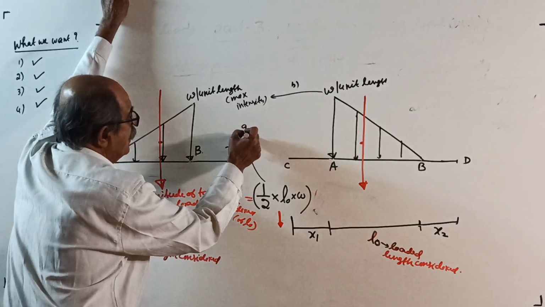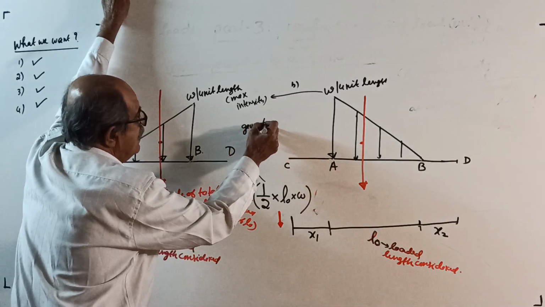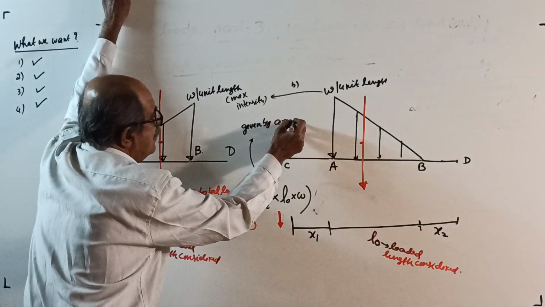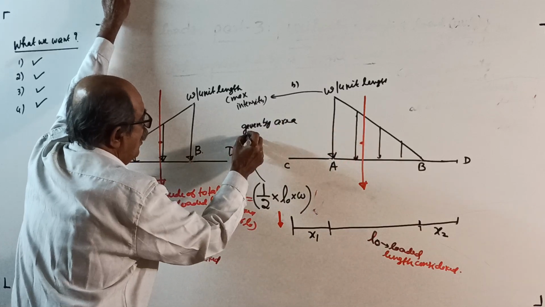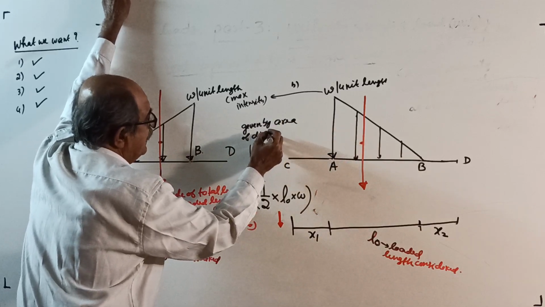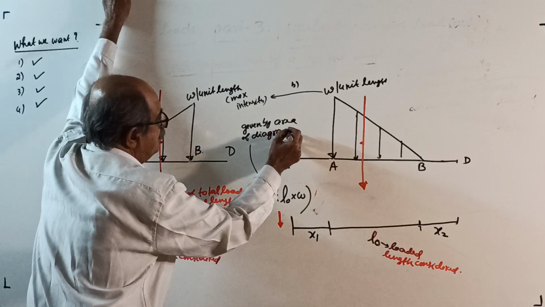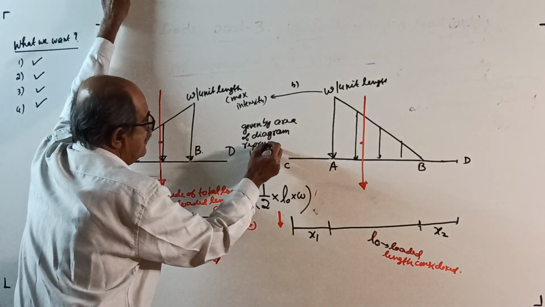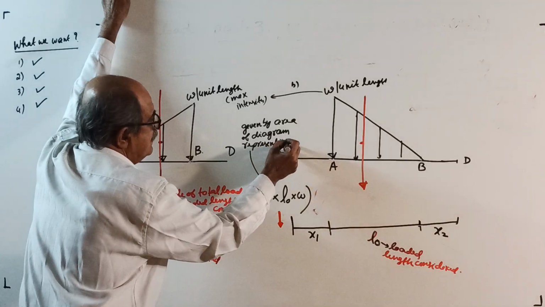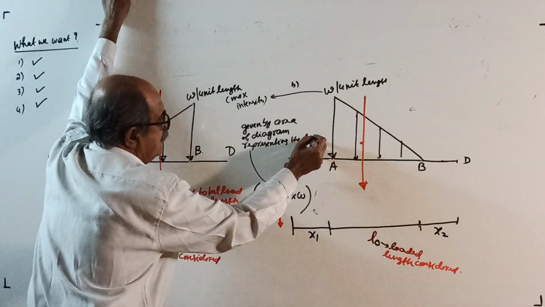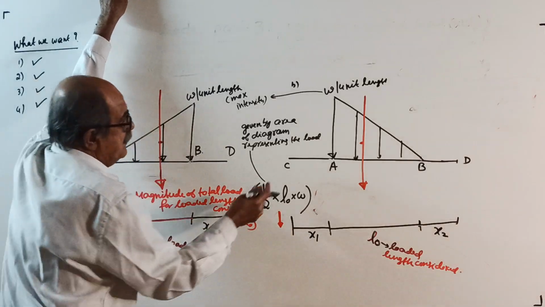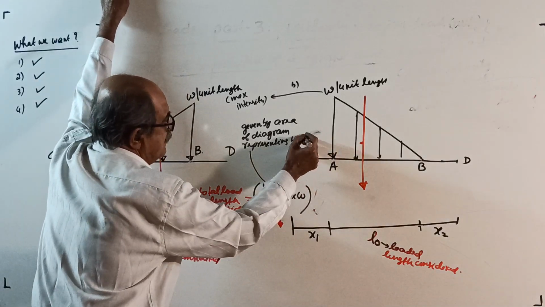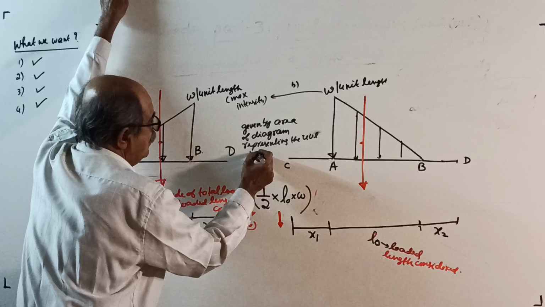You write here, given by area of diagram, here a triangle, diagram representing the loading, representing the UVL, which area? For